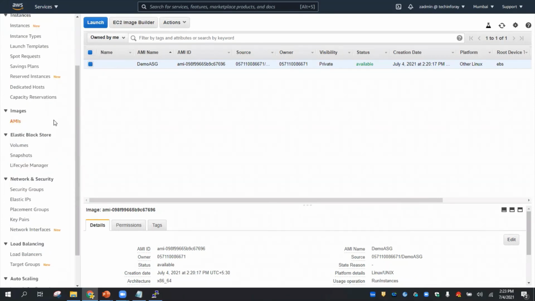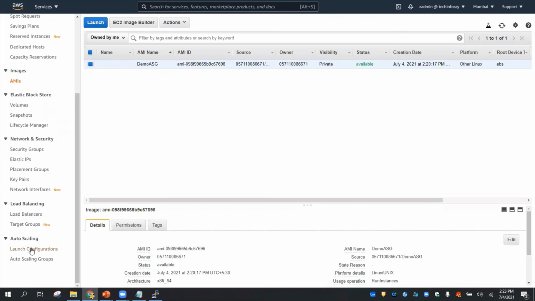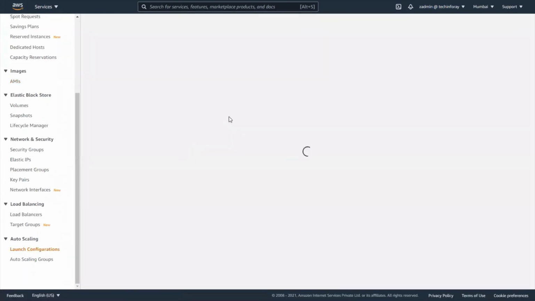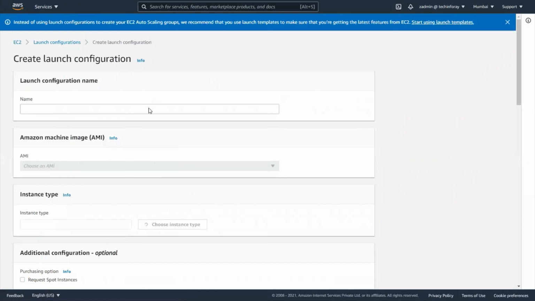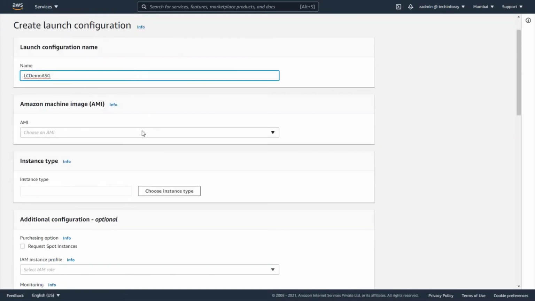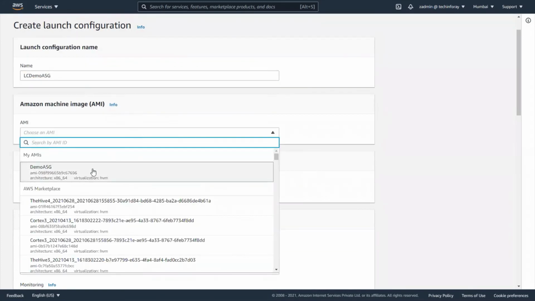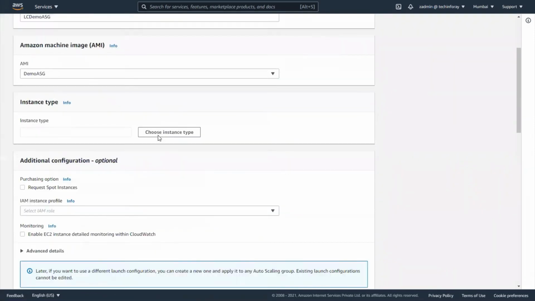Let's create a launch configuration for the auto scaling group. Go to launch configuration and create launch configuration. Name: LC launch configuration demo ASG. Okay, the AMI that we created before, demo ASG. Let's select that.